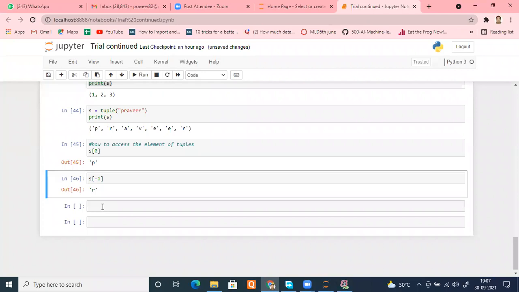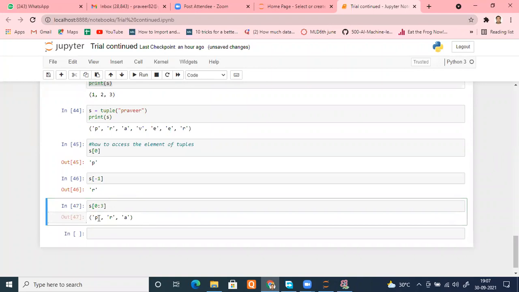Fine. Is it okay, everyone? Similarly, the same rules that applied to a string or a list apply here. For example, for S, I want to access the starting 3 elements, so I'll put 0:3. Fine, everyone? Please tell me any doubt in this. Earlier you were able to access the list, the tuple, or the string in the same way. The same things apply.